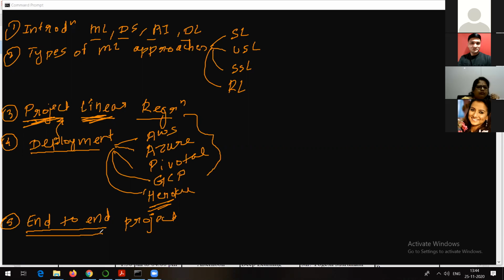So it all depends on time. If we have time, definitely I will go through the code also. I will explain the logic behind it and the flow of that particular project, right? So these are the things I will try to cover in today's session. I hope everyone is clear about that. As I said, in between, if anyone has any doubt, you can please ask your question, no problem, right? And let's try to start with this.